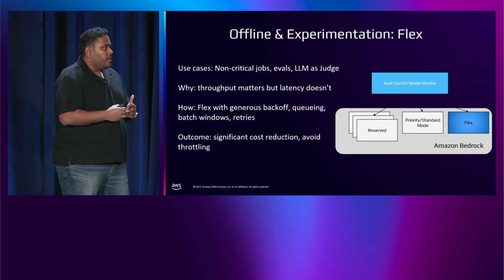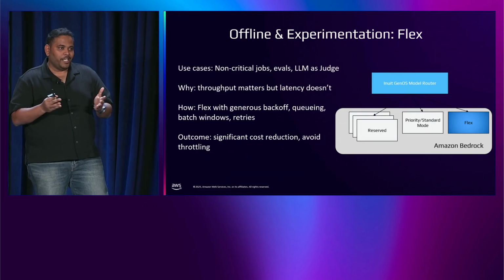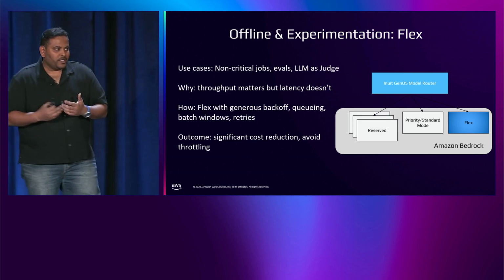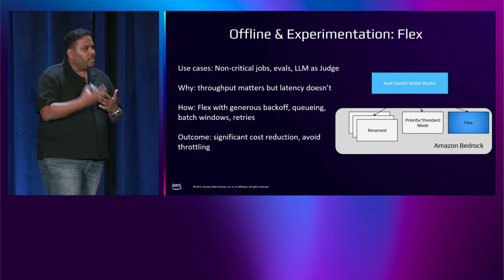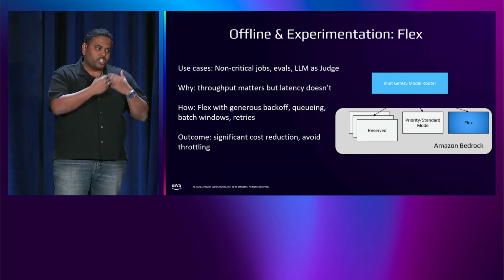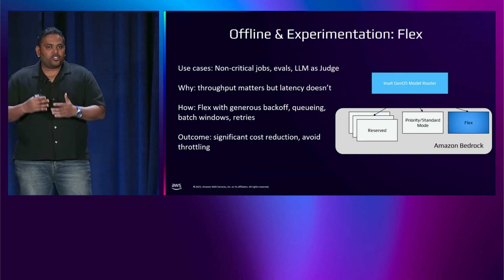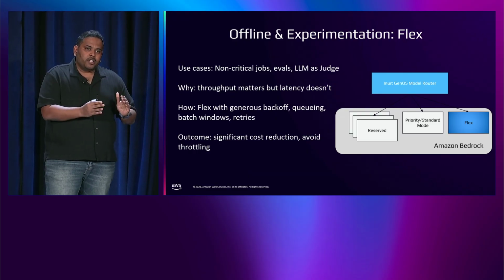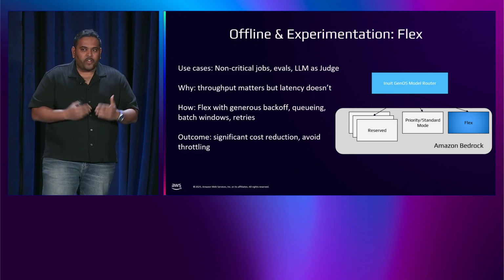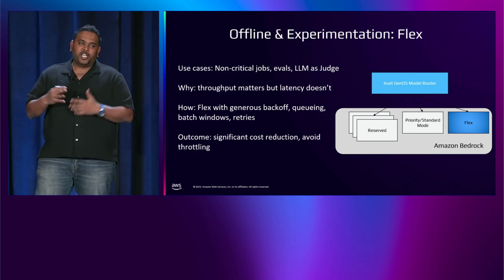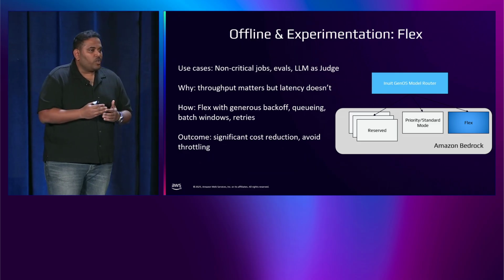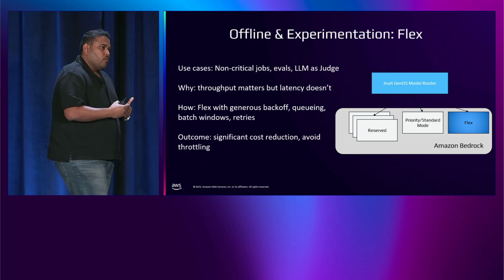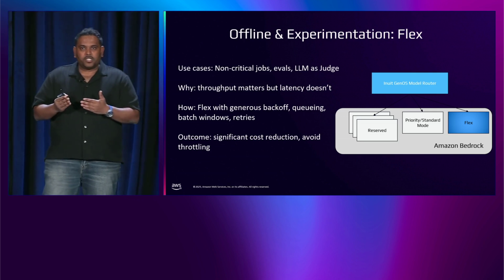And the third, where in this day and age for generative AI, we are seeing a lot of experimentation happening, and a lot of new experiments and use cases are being launched under beta testing, right? These are not that critical because they are not yet production ready. So it falls under non-critical, but still the nature of the requests is very real time. It's not completely batch. That's where Flex mode helps us plan the workload accordingly, where we get a lot of discounted rate on each and every one of our requests.